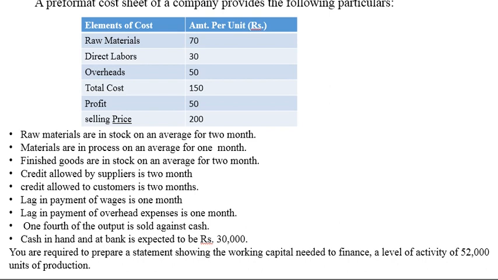See, if you want to calculate the credit sales, out of the total sales, that is cost of sales, 1/4 is cash. So 1/4 is cash, means the remaining 3/4 will be on credit. So for the calculation of debtors, we have to take cost of sales 3/4, because 1/4 is cash.